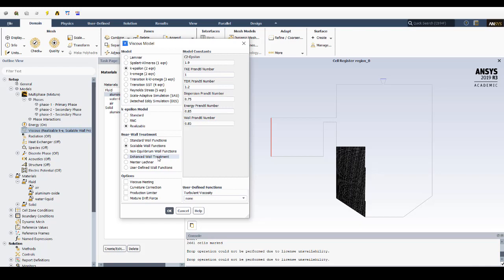If any such situation arises, then you need to go for exact wall conditions like k omega, having the SST model activated with y plus less than 1. It will give much more accurate results when there is a boundary layer separation or any such situations. So this is a mean estimation. It will not give any exact result but approximate results. If you don't want this to be activated, you can give your own turbulent viscosity model here, but I have not considered that. I have considered default realizable and scalable wall functions. So click on OK.